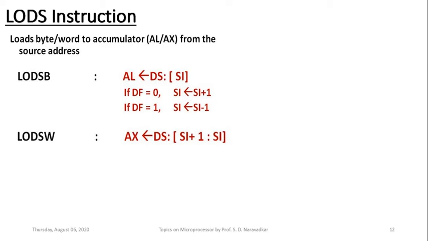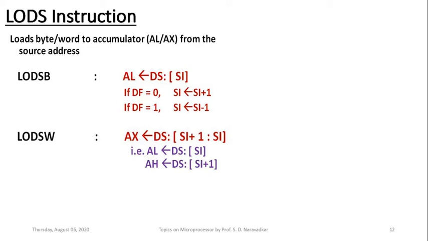Sometimes this operation of 16-bit transfer, which is shown on the right side for the LODSW instruction, can be shown in a split manner, just like shown here. That is, data segment offset SI, a byte is read and copied to AL, and data segment SI plus 1, the subsequent offset, another byte is read and it is copied to the higher register AH. So that way 16 bits of data will be read and loaded into the AX register.